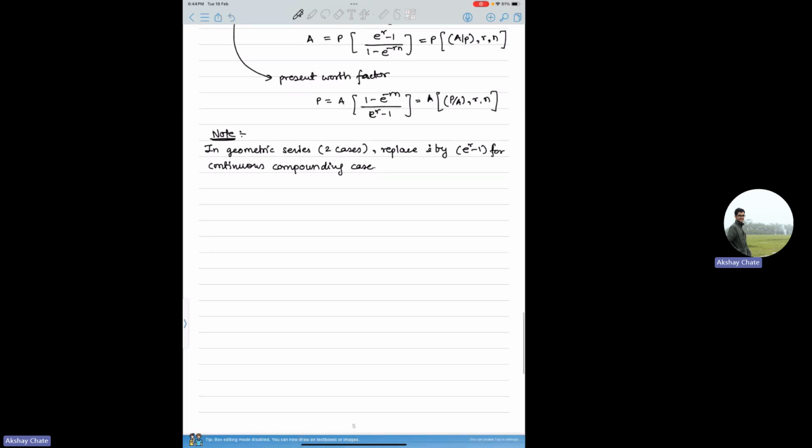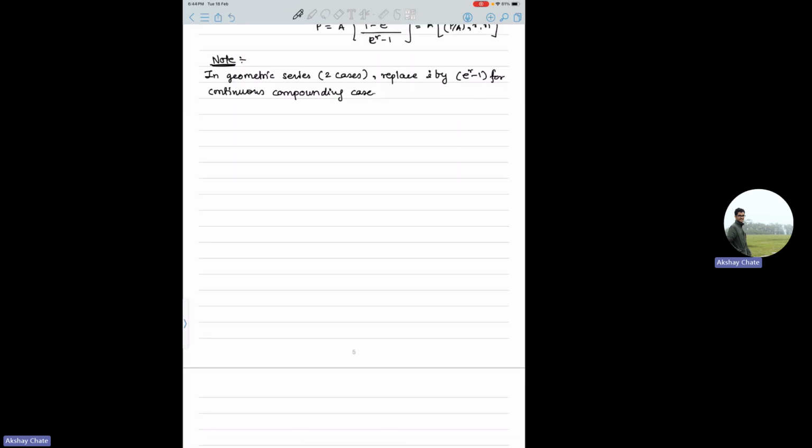because I don't want to give you the formula, because again those formulas are difficult to remember. In the uniform gradient payment series it's still okay, and I think the professor had given you the formula in the class itself for that. But for geometric and all, since there are three sub cases already, it's the same thing, only in that G dash formula you have, right? G dash equal to 1 plus i by 1 plus G minus 1. So there you have to put i as e power r minus 1. So it just becomes e power r divided by 1 plus G minus 1. Okay,